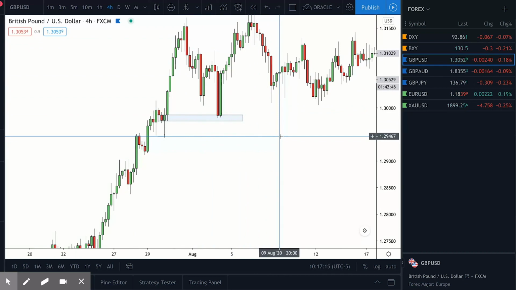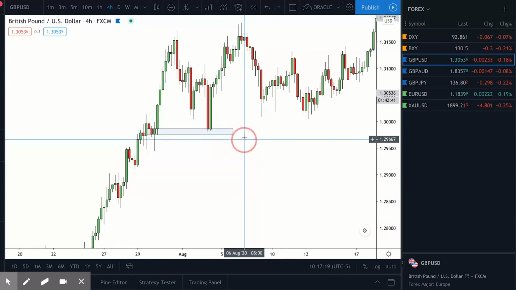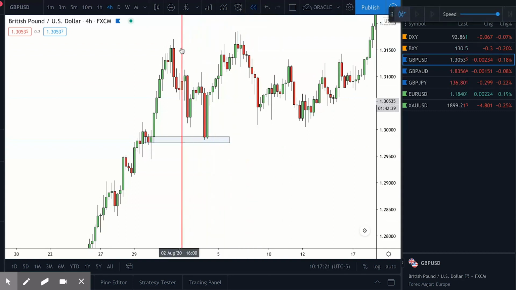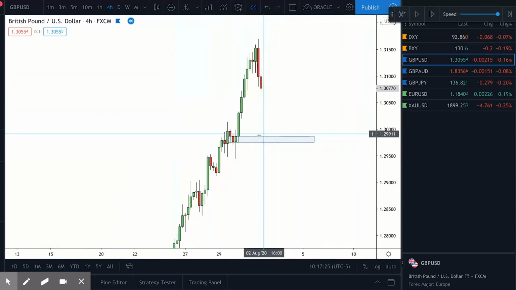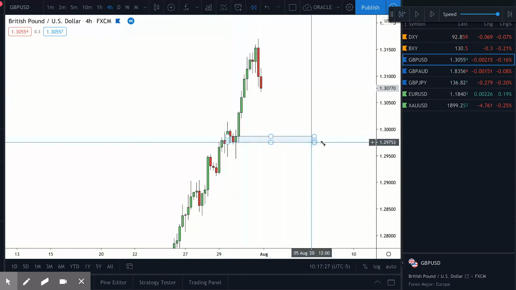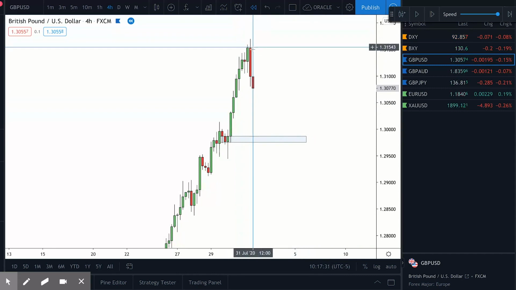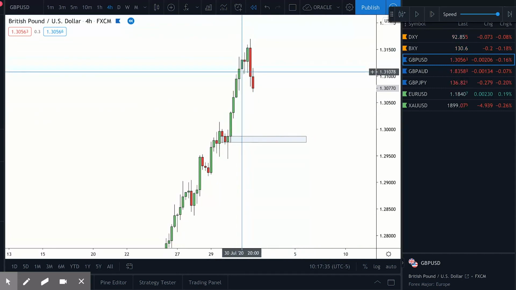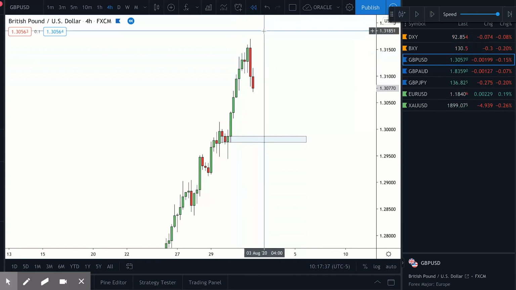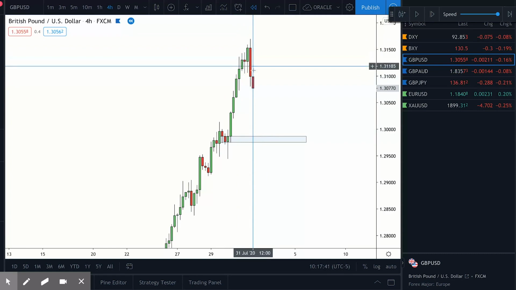So this is not the only way that we can use them though. We can also use them as targets. Okay, so let me show you an example here. We've seen this very clear demand zone, big bullish uninterrupted movement, consolidation just before the market took off. So what we're now looking at is a market that has, if we see this big red candle, pushed beneath the previous 1, 2, 3 candles,